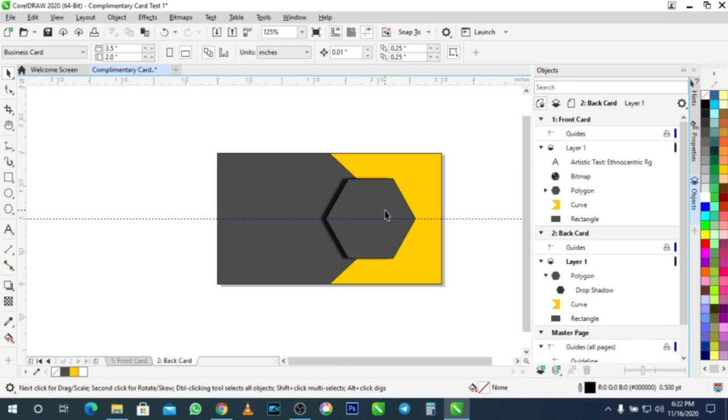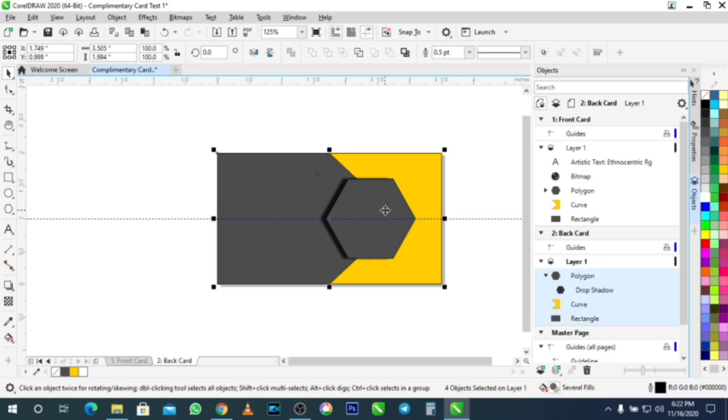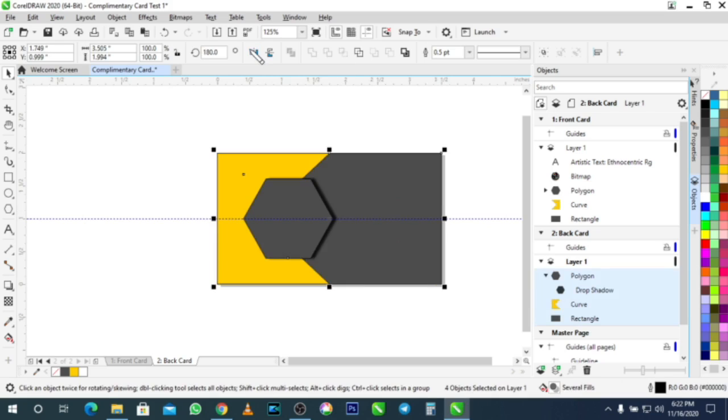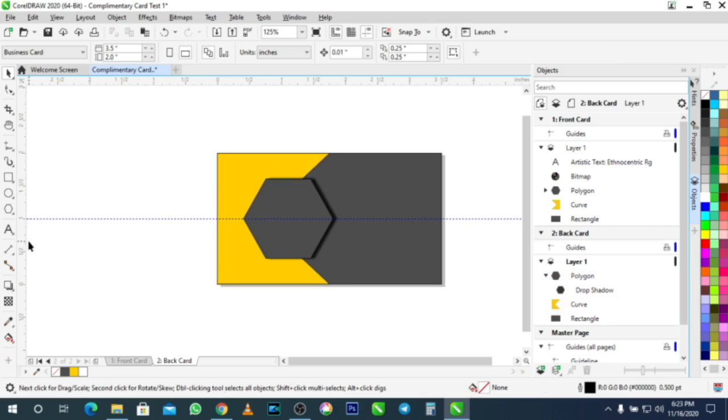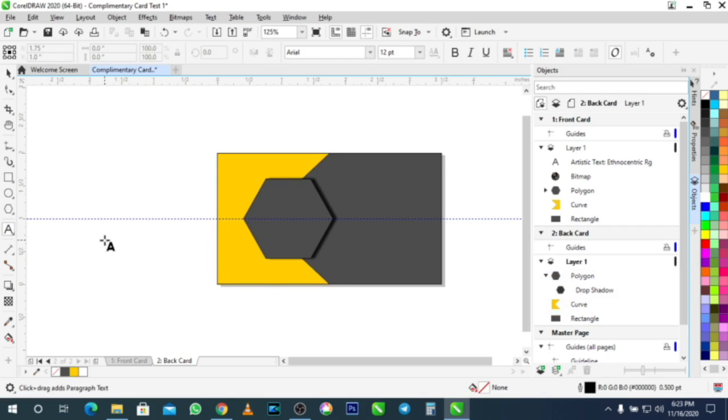So Control A to select all the shapes. Click on your mirror horizontally and click on your mirror vertically to get it. And now we got our page rotated. So now we pick our text tool, click anywhere on the desktop and type,